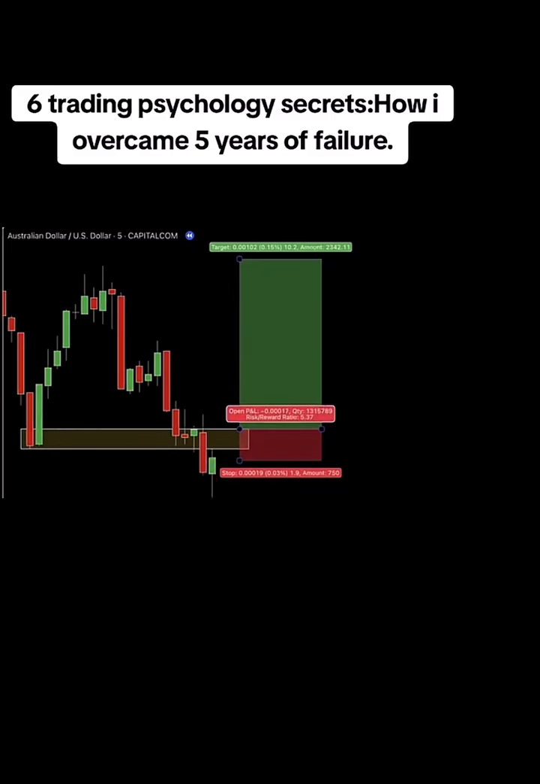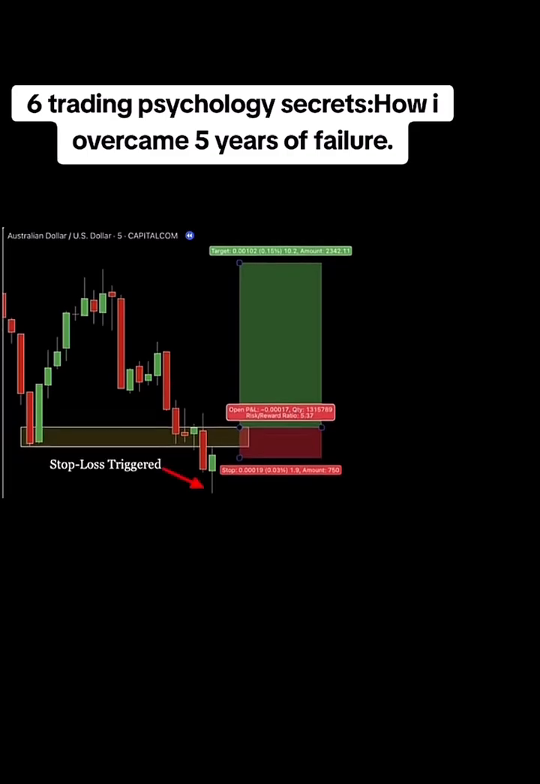The market dips lower, breaking below the demand zone, and then your stop-loss is triggered. Frustration starts to creep in, right? It feels like the market is out to get you. But here's the thing, this isn't random. What you just experienced could be a classic liquidity sweep, a smart money move designed to trigger stops and collect